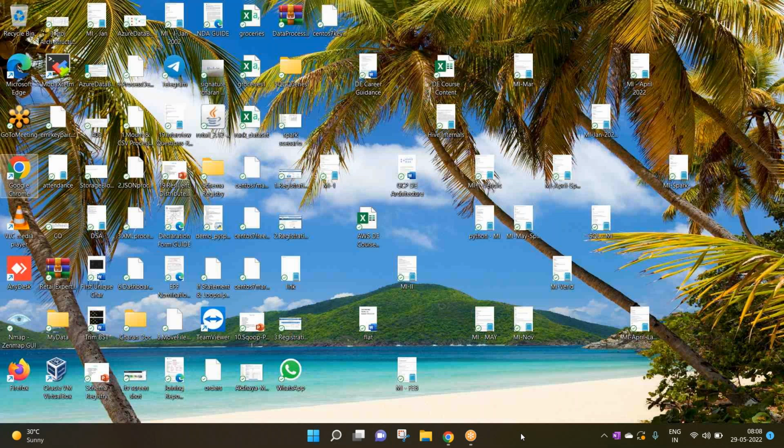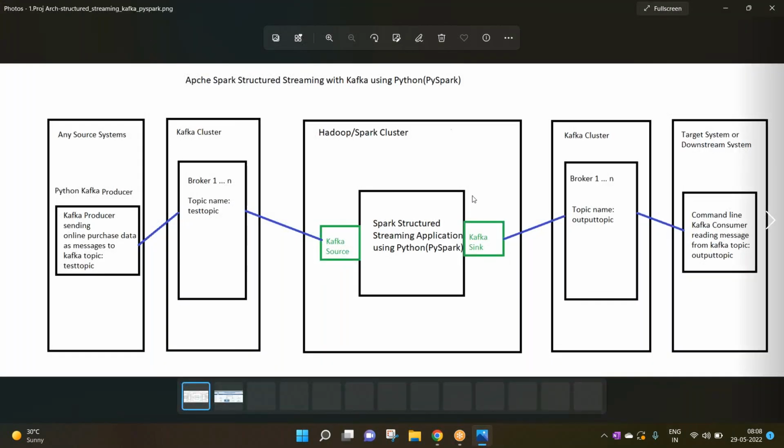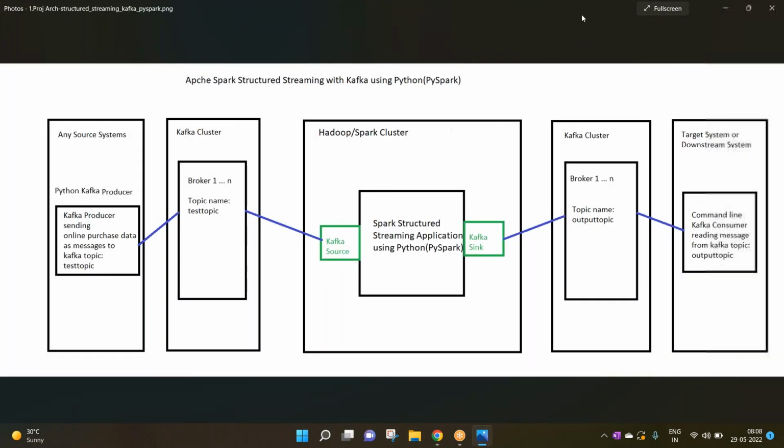So first, let me show the architecture of the project. Yeah, this will be the architecture that we're going to solve today. This is the integration of Kafka and Spark Structured Streaming. You can see that you'll have any source systems here. It could be,